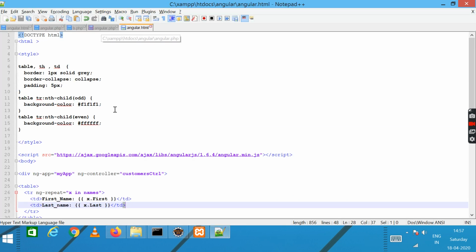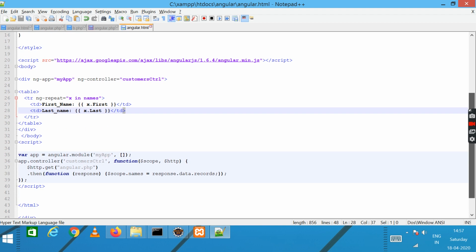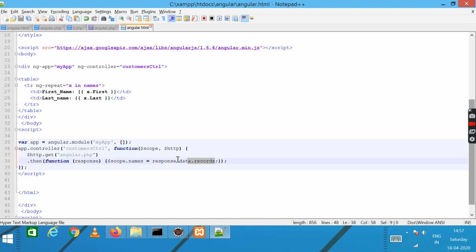The AngularJS front end, in the response.data.records form. Now this data is available in AngularJS as scope.names, an array which contains multiple rows. For this we have used the ng-repeat tag, because we have to print multiple rows. x in names is each row in names, because data is stored in names. So we are printing x.first and x.last. This is the format to print the data.